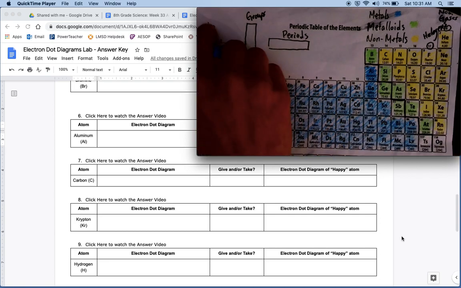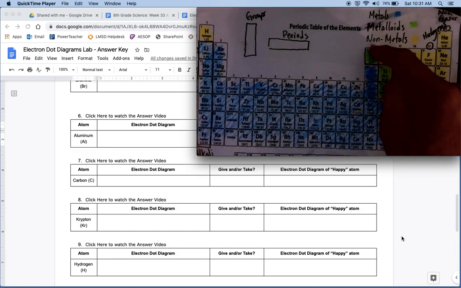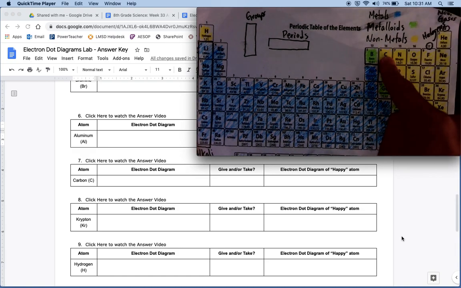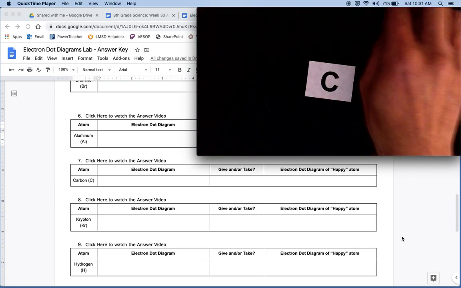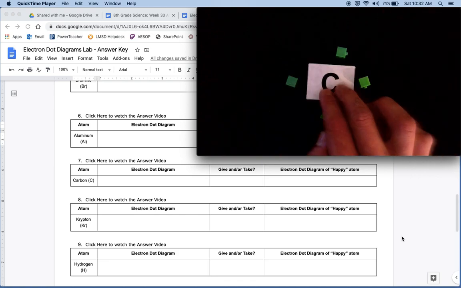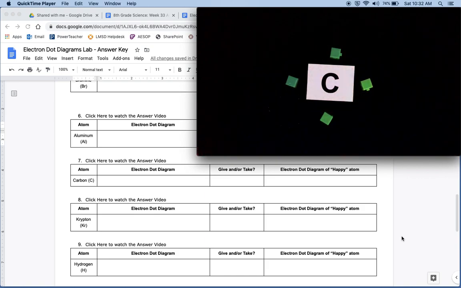So counting the tall groups, one group, the second group, right? We skip all that. Third group, it's in the fourth tallest group, which means it has 4 valence electrons. So let's draw out our 4 valence electrons. There we go. Okay, so now we have to figure out if it's a giver or a taker of electrons,